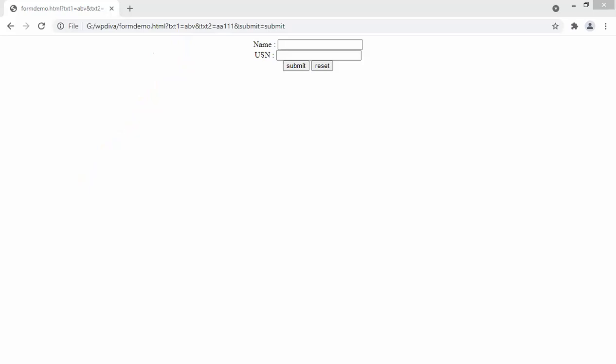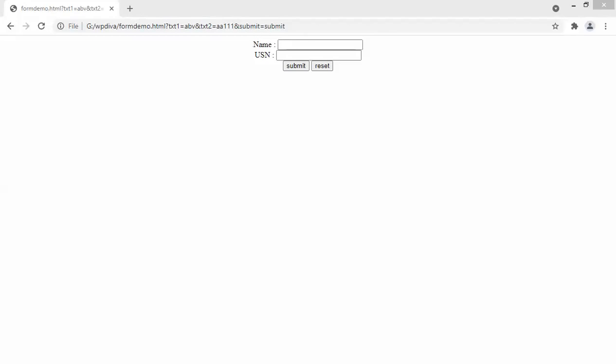Fine. Now what we will do? Here only, in this form, we will add some more data. I want some more data like input, type is equal to, suppose I want to include a radio button, for example to check whether you belong to first year. You can also take a label, no problem. So I will take a radio button: input type is equal to radio.